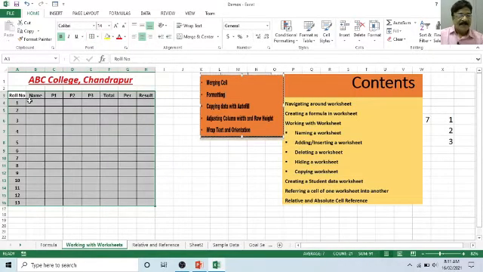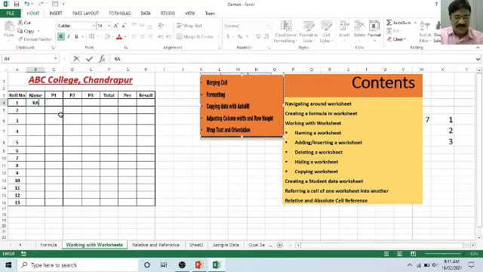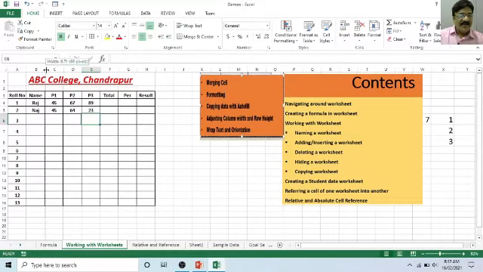Now suppose the name Raj, marks. Now if you want to change the column width, it's very simple.